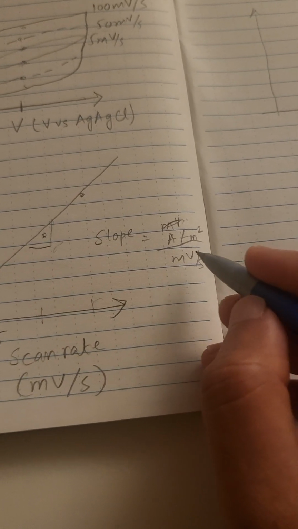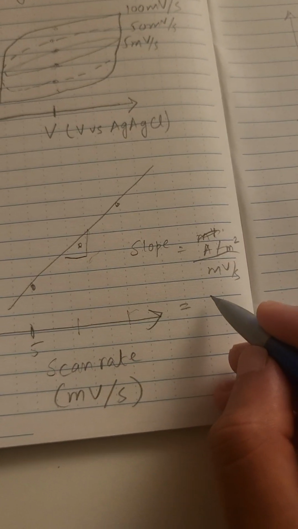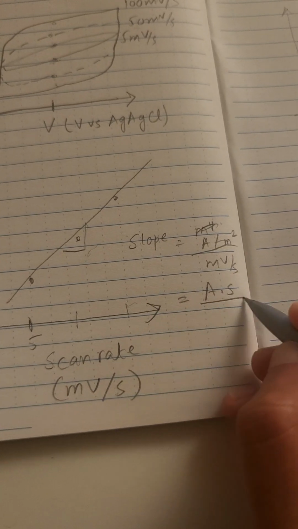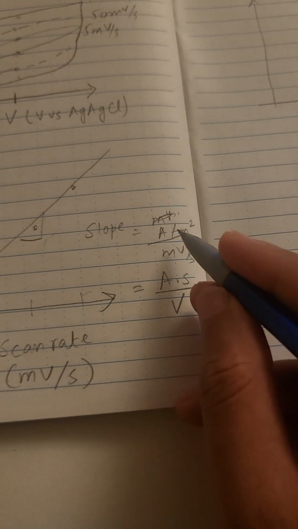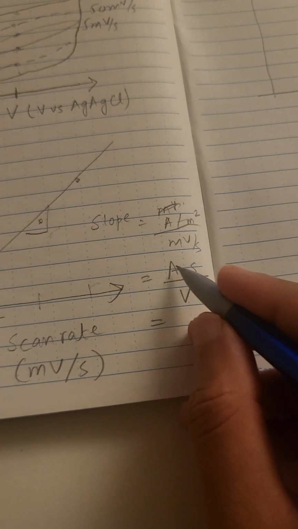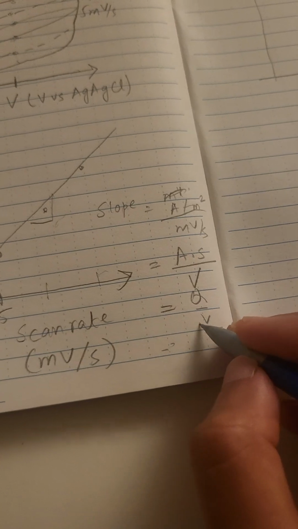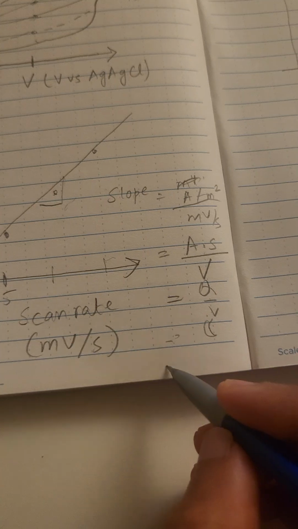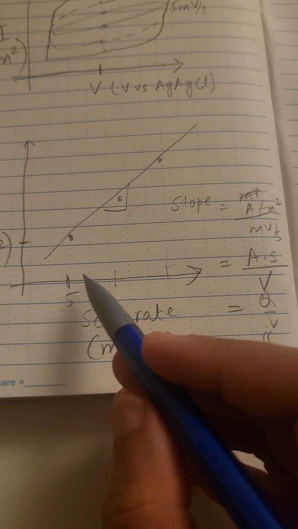So if you rearrange this term, you can actually get this term into ampere second over voltage or millivolts. So you can rearrange this term to get this number, and once you have ampere second divided by voltage, ampere second is charge and voltage is V, and this is how you get the capacitance. So normally the units for this should be millifarads per square centimeters,